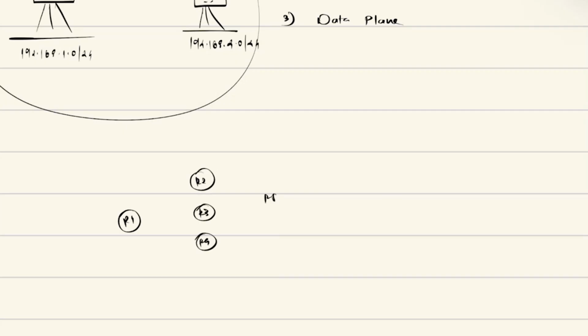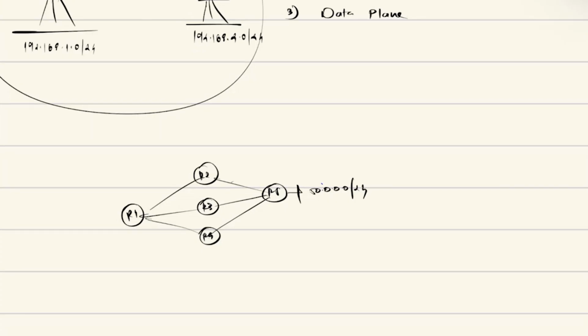And we also have router 5. Router 5 has a loopback called 5.0.0.0. Now router 2, router 3, router 4, they all are connected to router 5. Router 2, router 3, router 4 are also connected to router 1. And this 5.0.0.0 route is going to be sent out to all these three OSPF neighbors.